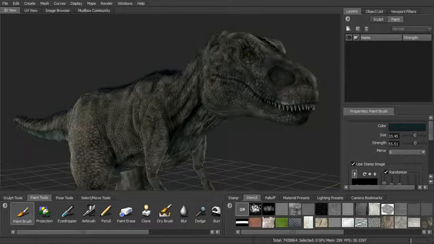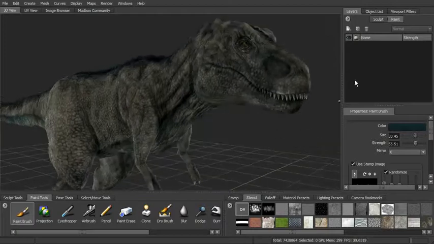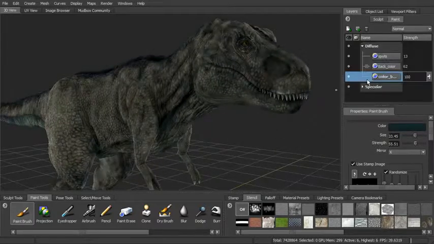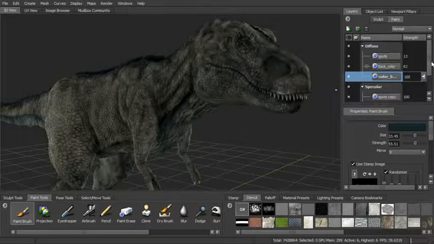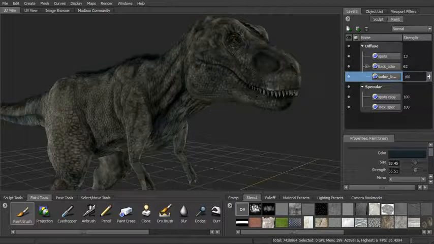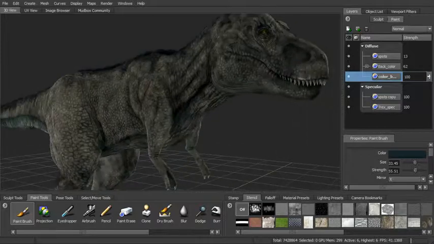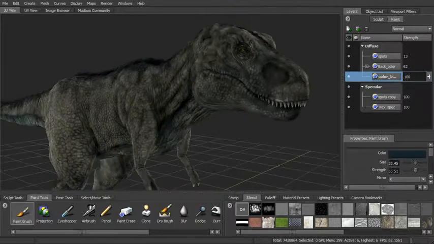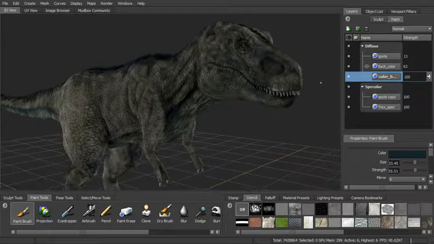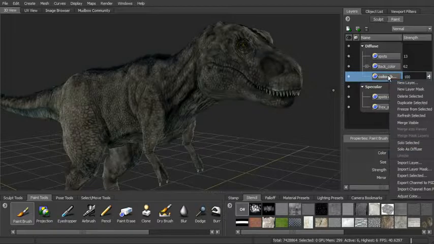So this is lesson 13 start. It's just kind of where we left off before the PTEX lesson. And so if we go into the paint layers, you can see that we've got a number of different paint layers, 3 different diffuse layers. And so if we want to start to come in and modify this base color, let's say, this texture, or maybe add a new layer, we can actually integrate our layers here with Photoshop very quickly and easily. So let's go ahead and right click on our layer, and down all the way at the bottom